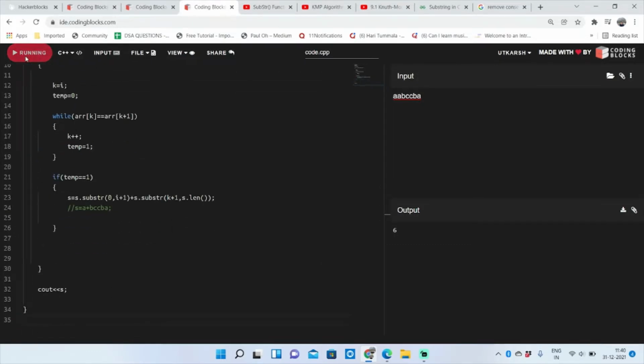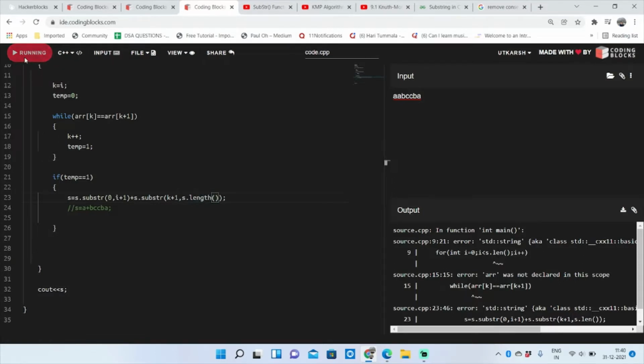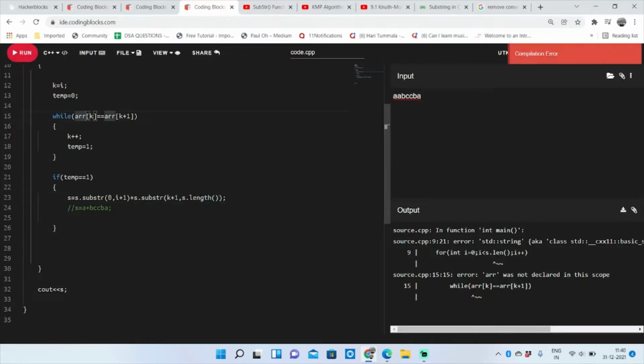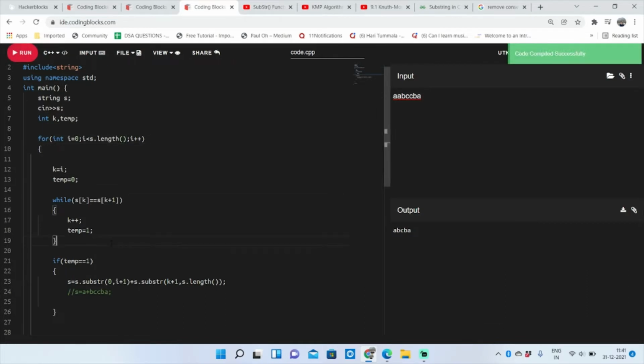Let me just run it really quickly. Okay, this was the length function. I have this bad habit of writing len, and this is my string. Some errors I made, I'm just a noob, I can't do anything. Again I need to change this to dot length. You see, this is my output.